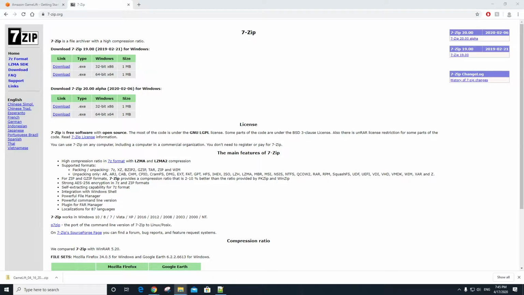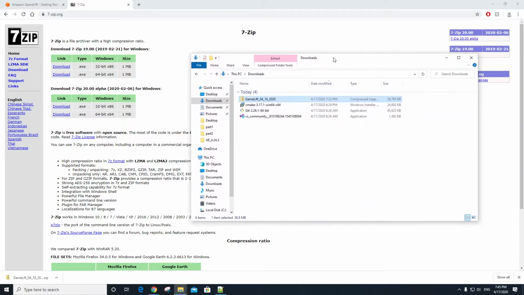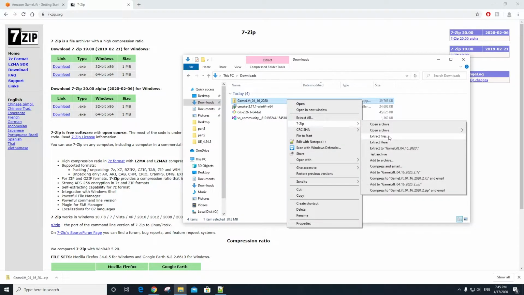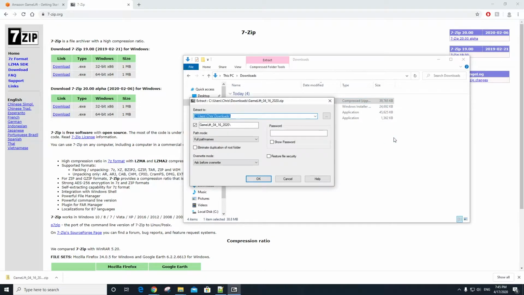Once the server SDK is finished downloading, go to where the SDK was downloaded in File Explorer. For me, it's the Downloads folder. Now this is where that file extractor program is going to come in handy. Right click on the zip file and select 7-zip. Then select Extract Files. And the reason I'm doing this is that I want to rename the folder so that